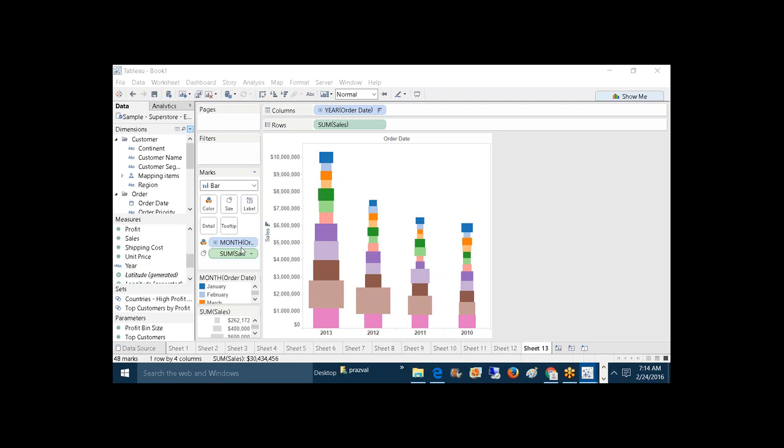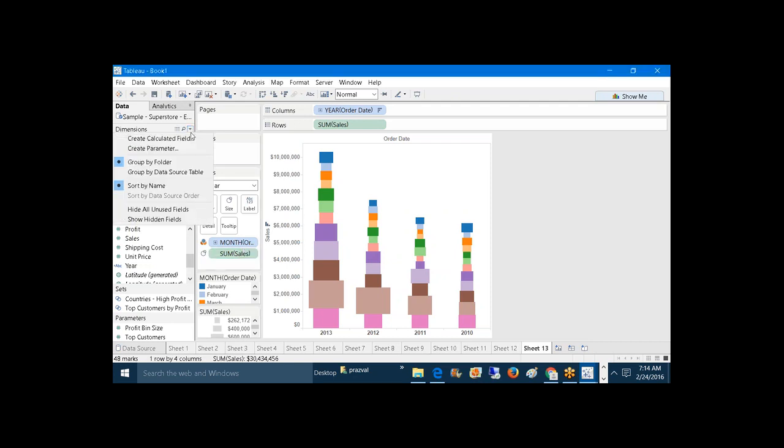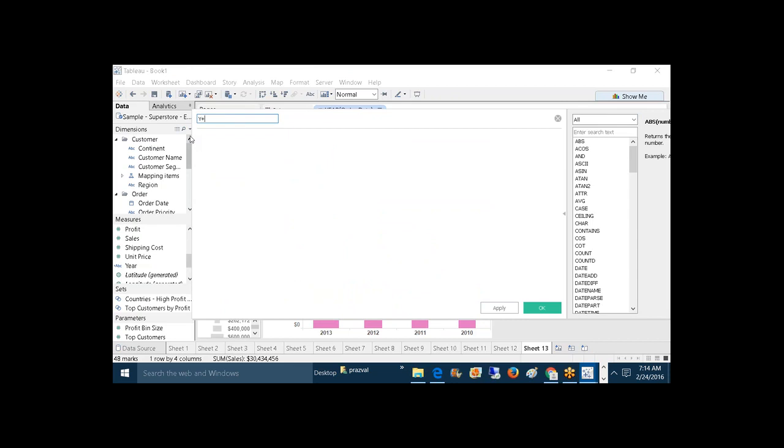So how to sort this? Just take the combined field of year plus month. So how to get year plus month? Take date name of year, comma order date, plus date name of month, comma order date. Here why I am creating the combined field is because I have two dimensions